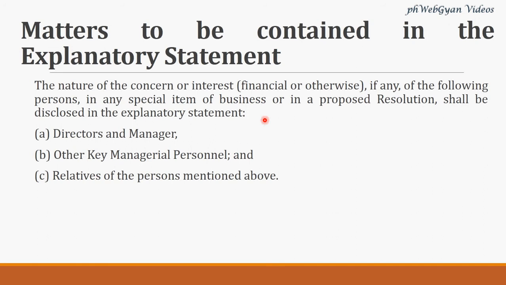Now, matters to be contained in the explanatory statement. What all do you have to give in the explanatory statement? First of all, as the name itself suggests, an explanation for the businesses that are proposed to be transacted at the meeting. Clear? So first of all, you have to give that. Secondly, you have to disclose the nature of concern or interest, whether financial or otherwise, in the business which is going to be transacted